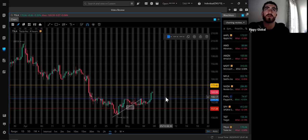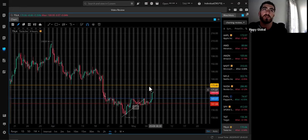That is my first support on a pullback. We closed on Tesla at 169.99 a share. So the first support will be 165 a share. My next support will be where the blue previously was, which is roughly 161 a share. So those are my main two supports that I have on Tesla. Looking at the upside,